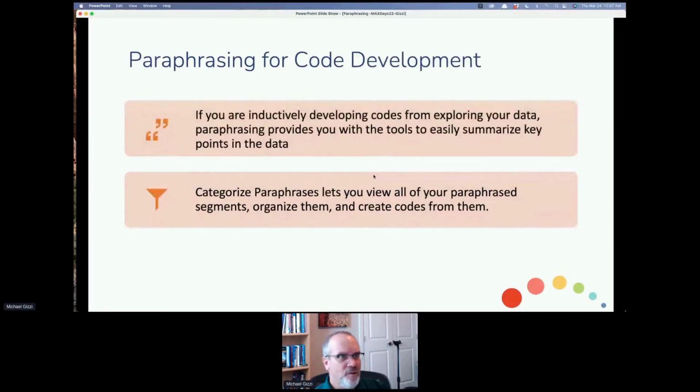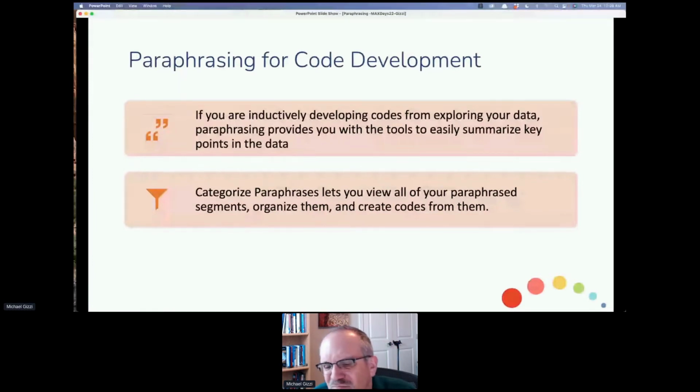Paraphrasing for code development: if you're inductively developing codes from exploring your data, paraphrasing provides you with the tool you need to be able to easily summarize key points in that data. It's a way to explore. And then the categorize paraphrases tool lets you view all of those segments together, organize them perhaps, move them around if you need to, and then create codes from them.